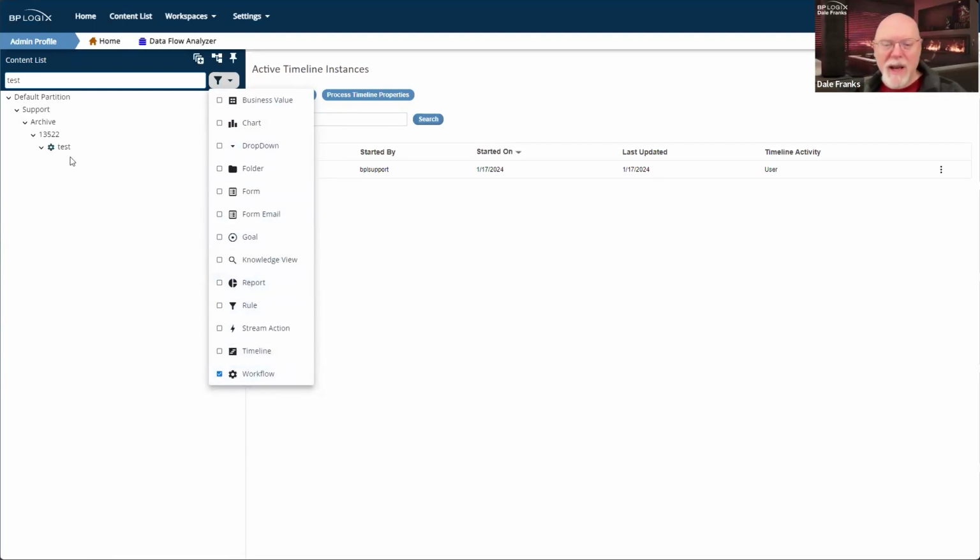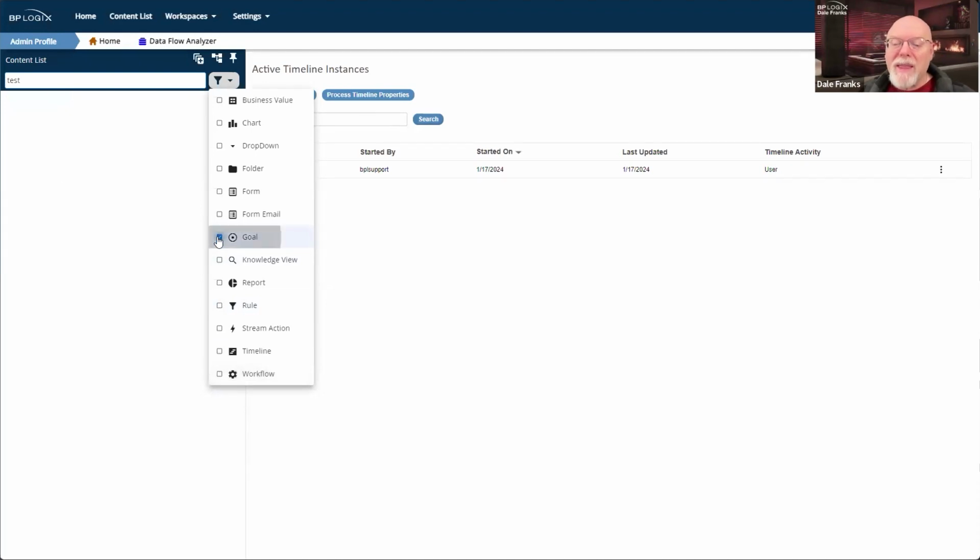And as you can see, I've even got one somewhere, obviously an old one, down in the archive. It's in support, in fact, archive. So this probably goes back a little while, but I've got a workflow that is named test here in my support. This is probably something I did for a customer.